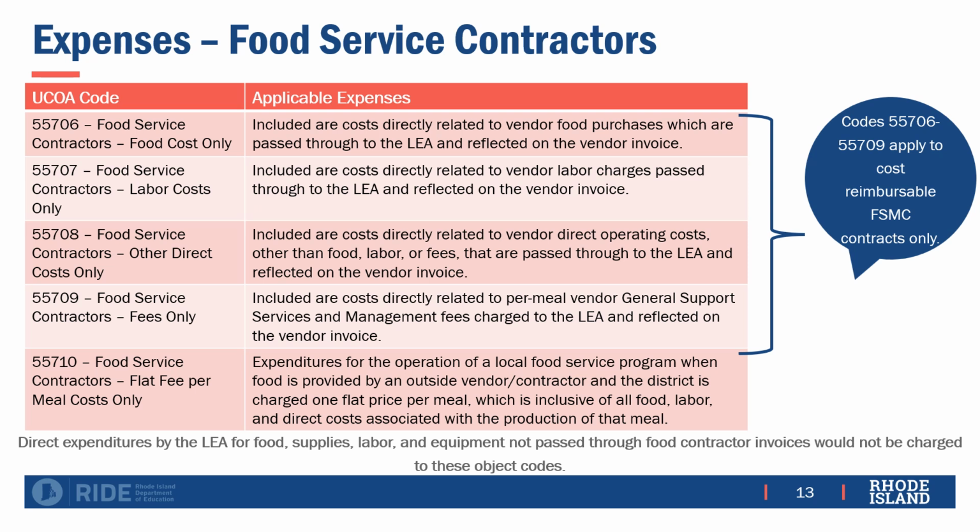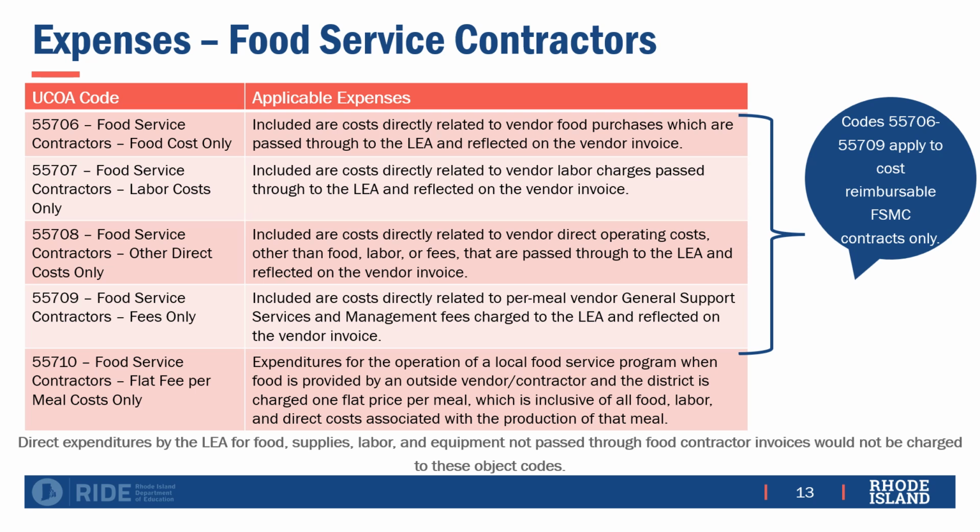Code 55710 is appropriate for use in fixed price food service management company contracts or vended meal contracts, in which an outside vendor is charged one established price per meal, which is inclusive of all costs associated with the production of that meal. Note, it is possible that an SFA will contract with a food service management company, but will